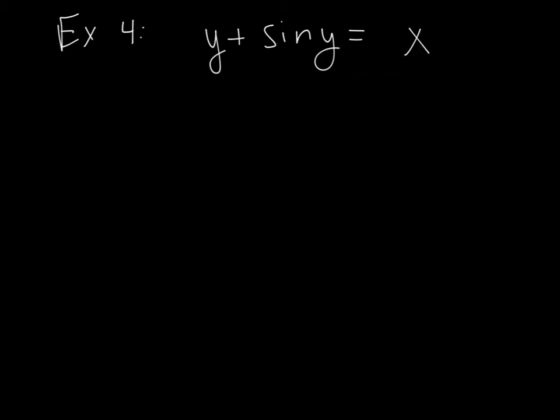Okay, I think you're probably ready for something a little bit different, so you knew it was coming. Here's a trig example. Same thing that we've been doing. We're going to find the second derivative, and of course we have an implicit function. I think this one is probably impossible to solve for y, if not extremely ugly. So we are going to take the derivative of both sides with respect to x and see what we end